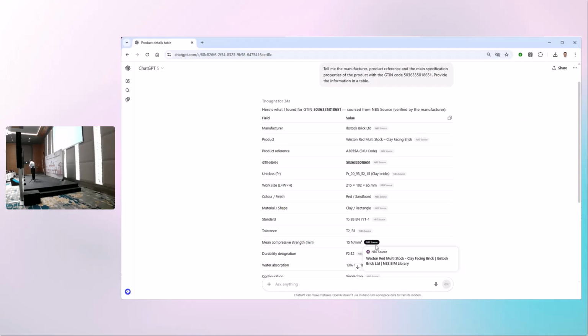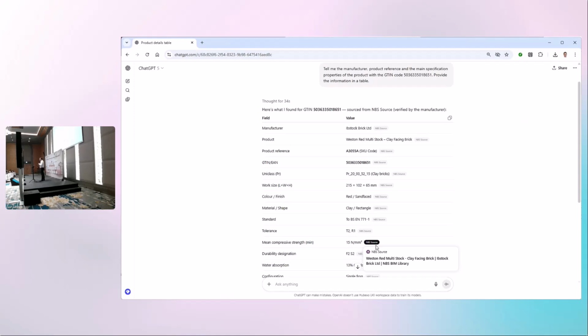You can see it put, for example, NBS Source as the source of the data. So by having structured data and linking using GS1 standards as a digital key, you can retrieve trusted information from different sources, mainly from NBS Source, if your product is on NBS Source and has a unique ID. So this is a collaboration that we are exploring more and more.